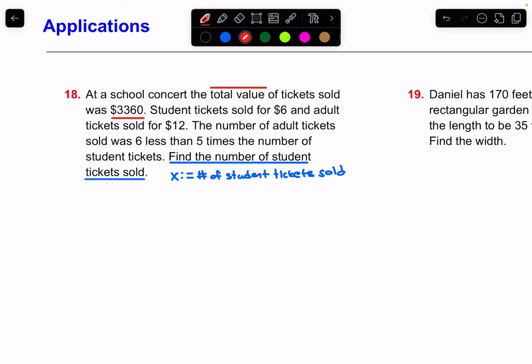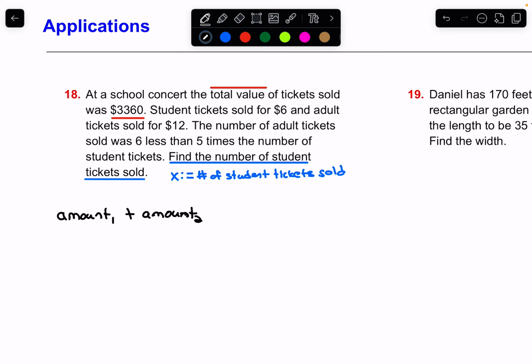So for instance, if you bought 3 bunches of bananas and 2 frozen pizzas, you would multiply 3 times the price of a bunch of bananas and 2 times the cost of a frozen pizza, add that together, and you would get your total at the cash register. So normally, whenever you're finding a total, you're just going to add up the sum of each of the things. So if we add together the total money brought in by student tickets and adult tickets, it should equal 3,360. Okay, so what we can say is that amount 1 plus